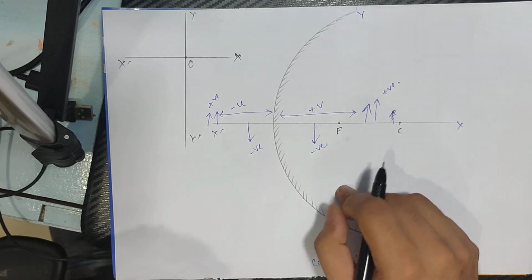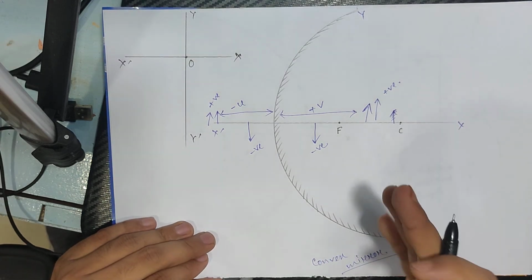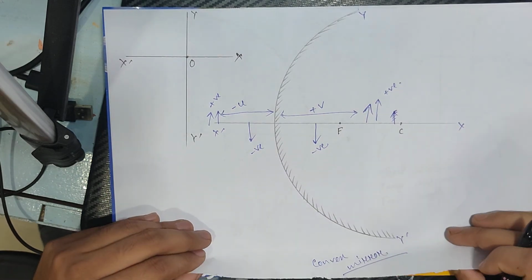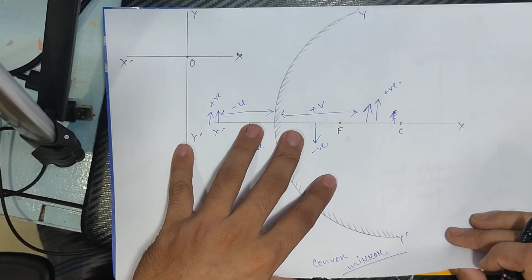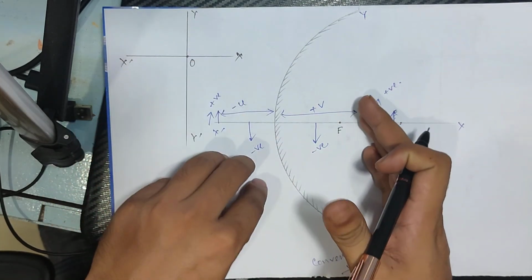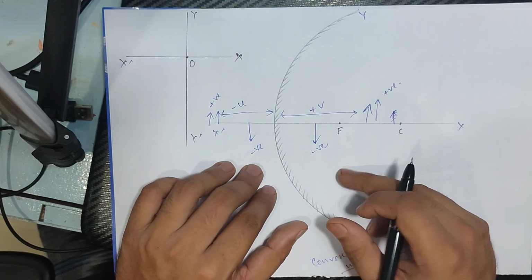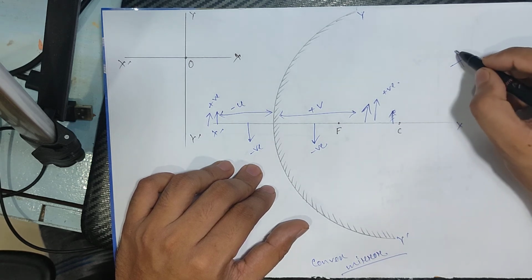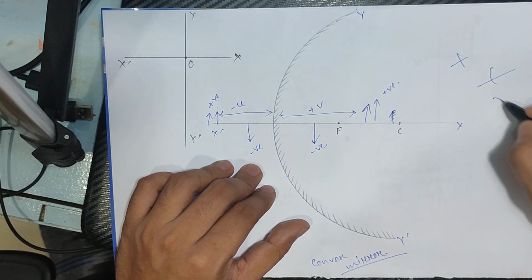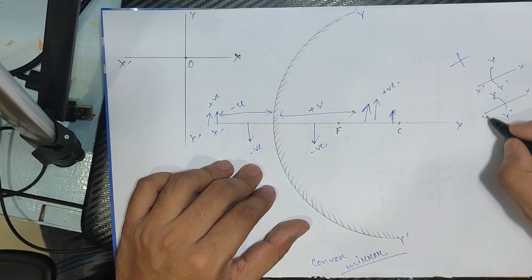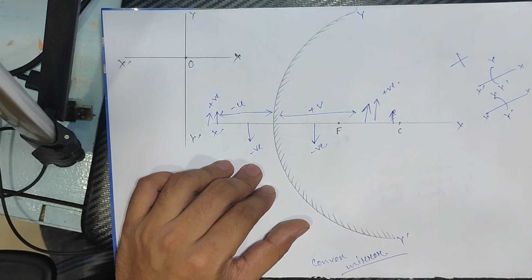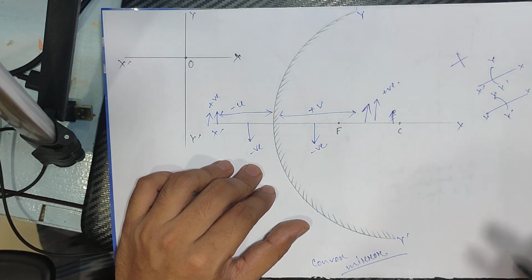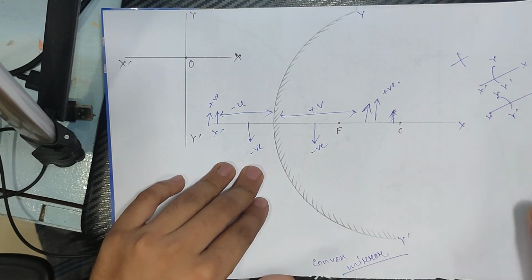Okay, so it's all about convex mirror, and we have already learned about the concave mirror. So these two are very simple, very easy. You just need to apply the things in Cartesian plane. If you forget this one, in the exam or any place, you just make one simple Cartesian plane and consider these mirrors as Cartesian planes, y, y dash, x, x dash, and simply you can get your positive or negative. You will not be confused in the positive and negative signs. Okay, now next we will move